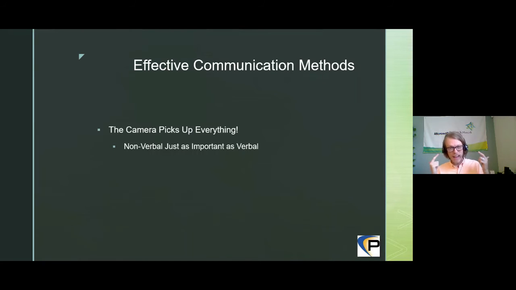So it's really important to just keep that in mind, right? Non-verbal is just as important as verbal communication here, and assume that all eyes are always on you. When you're sitting in a meeting and you look around the table and you see everyone is looking in another direction from you, you know that you can relax a little bit, right? But you don't necessarily know that when you're on a camera here in a virtual environment. So try to be as hyper aware of your nonverbal and your verbal, like what you're giving off to the camera,